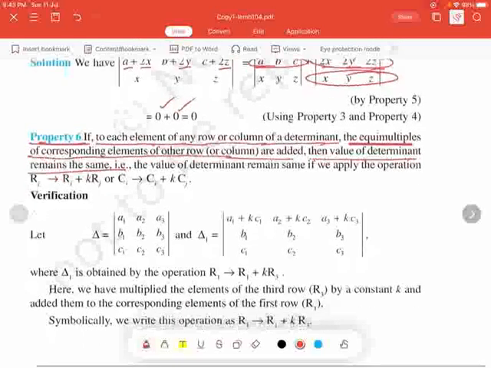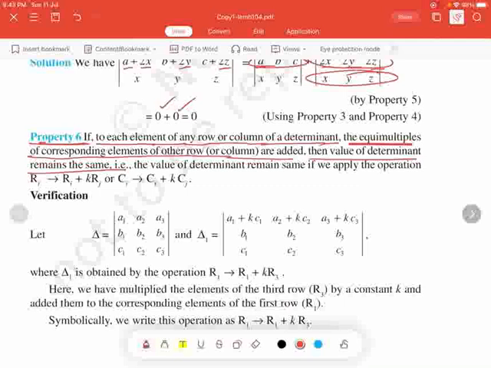It means if we add any other row to a row, or add some multiple of an element, then what does adding mean? Like when we add R2 in R1, it means we are adding 1 times R2 in R1. So here we can write Ri equals to Ri plus K times Rj. K means this is any scalar, and for a column also Ci equals to Ci plus K times Cj.